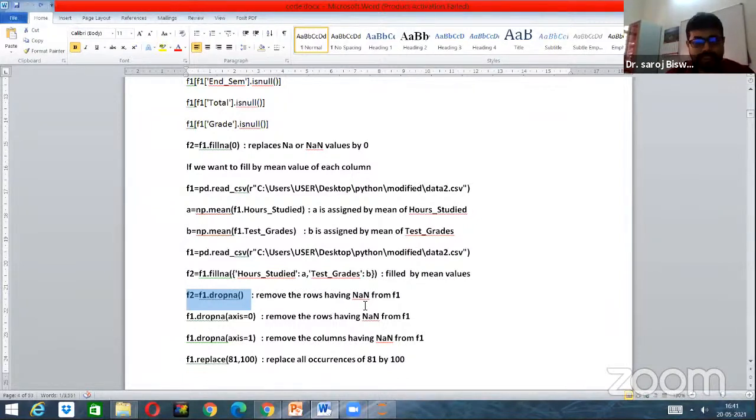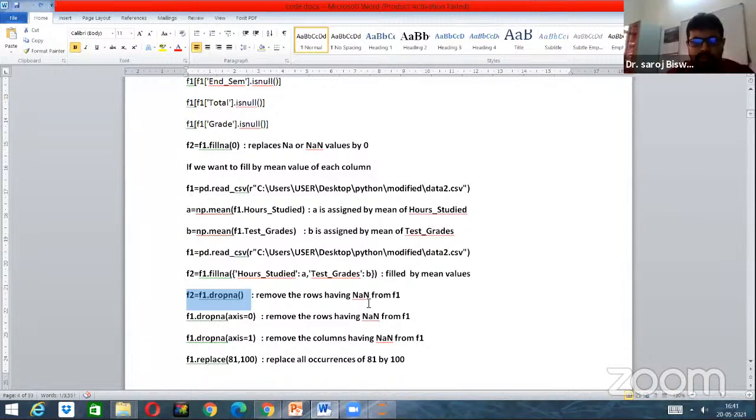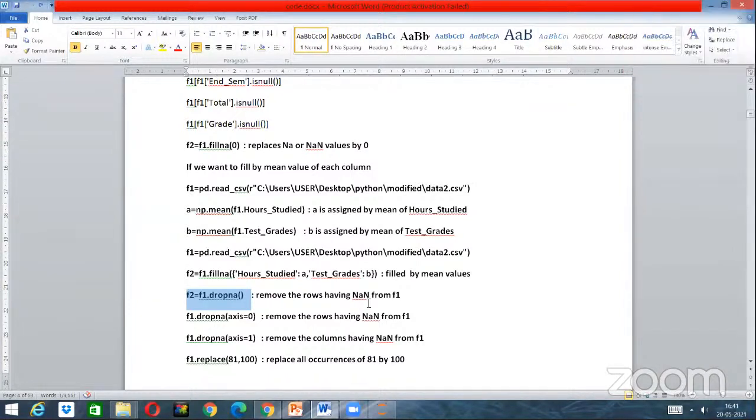Whenever we have a missing value, that is represented by NaN in Python. So all the rows which are holding the NaN values